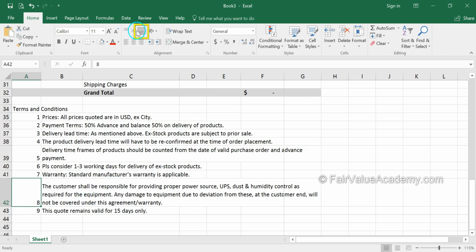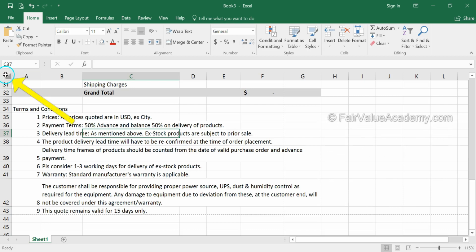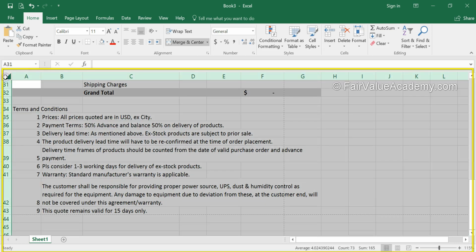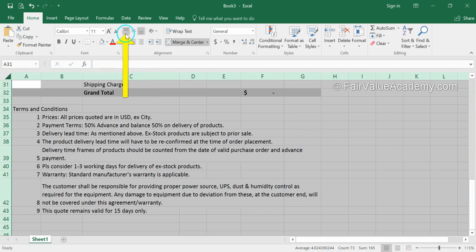Now if you see, the number 8 appears at the bottom. That is because the vertical alignment by default is chosen as bottom in the entire Excel sheet. So how do we change this? To do that, you select the whole Excel sheet by clicking on the top left corner of the sheet, which is on the left of A. So when I click here, the entire sheet is chosen, and I'm going to select top alignment as the default alignment for the entire sheet.